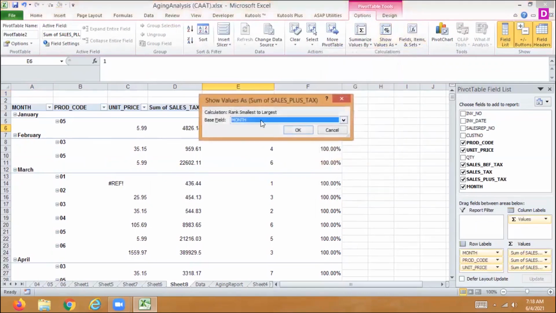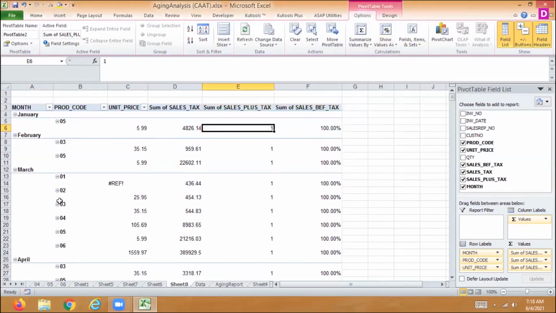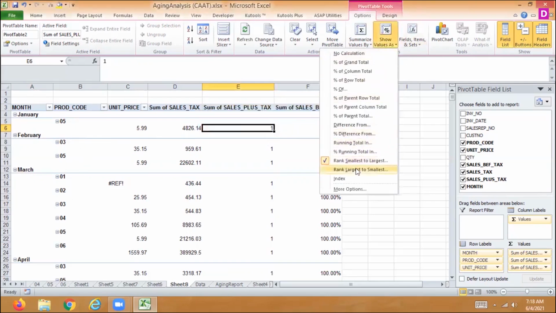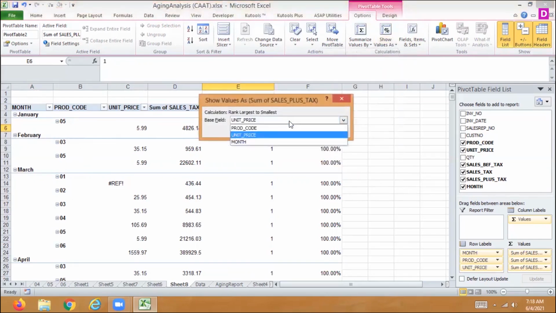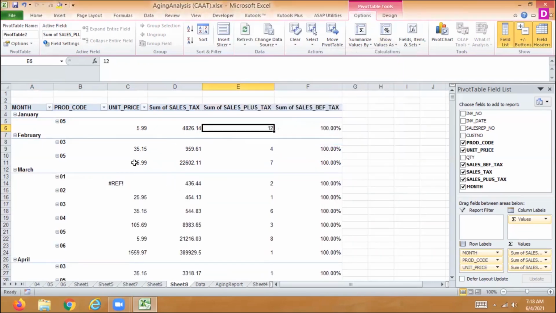rank of smallest to largest, not on the basis of month, but on the basis of product code, smallest to largest. You can see 1 2 3 4 5 6 7, 1 2 3 4 5 6 7. This is product to month. If largest to smallest, on the basis of unit price, on the basis of month. For example, on the basis of month, largest to smallest, on the basis of first, there is